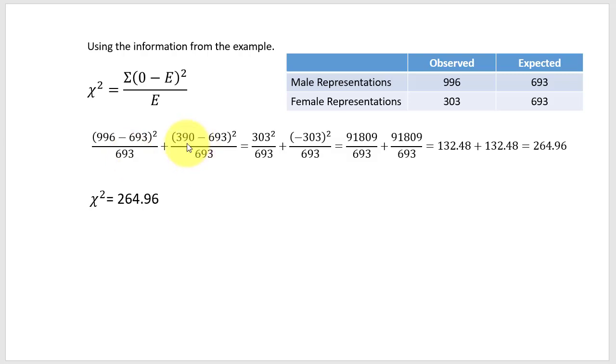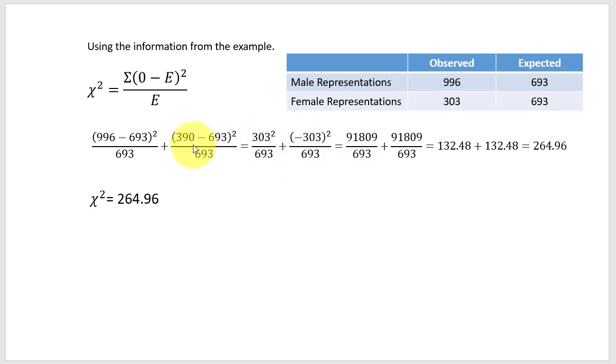We do that same process for the other group, which is the female group. 390 females were observed. We expected 693. We square that figure, which again helps us to get rid of negative numbers, and divide it by the expected frequency. We carry out the math, so we do some subtraction. So 996 minus 693 is 303, plus